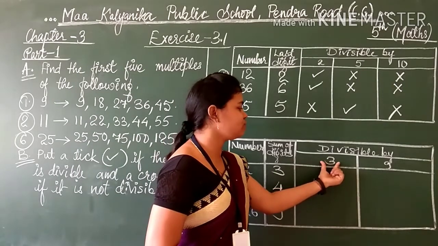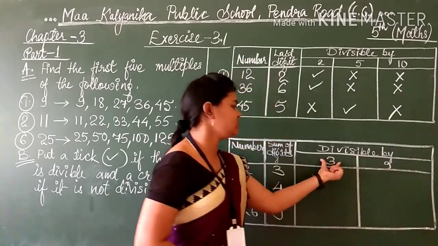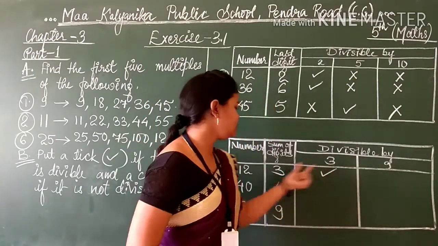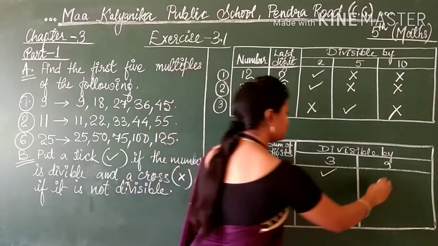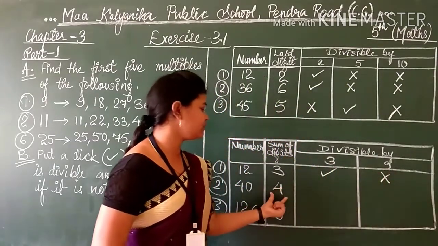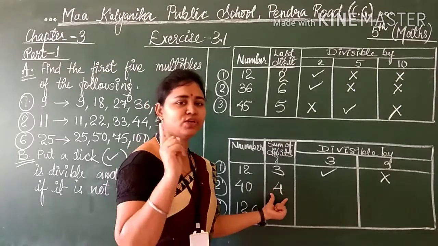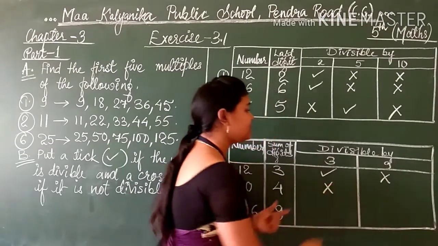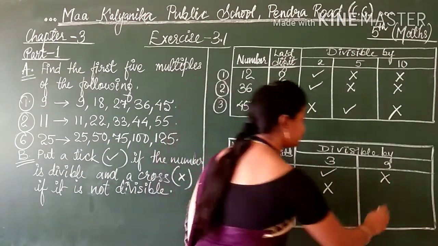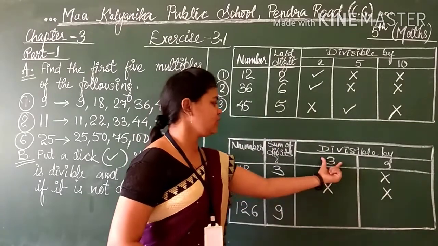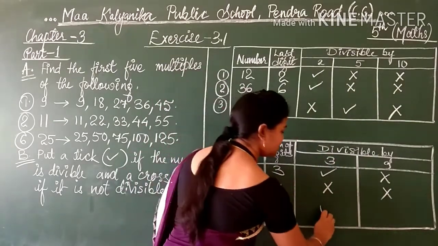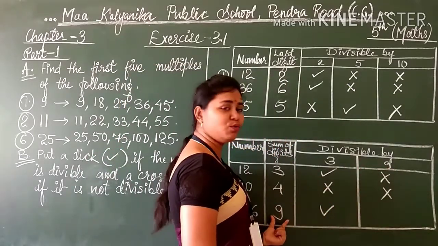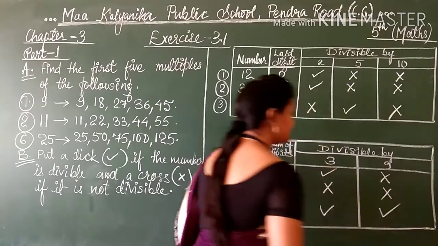Now you have to see the table of 3 and the table of 9. So 3 ones are 3, divisible, we have to put a tick. 9 is greater than 3, so of course no. Now 4: of course 4 is not coming, 3 ones are 3, 3 twos are 6. 6 is greater, 3 is smaller, not 4. Table of 9 is greater than 4, of course no. Now 9: 3 threes are 9, we are getting yes. And 9 ones are 9, so of course, students, 9 can divide 9.